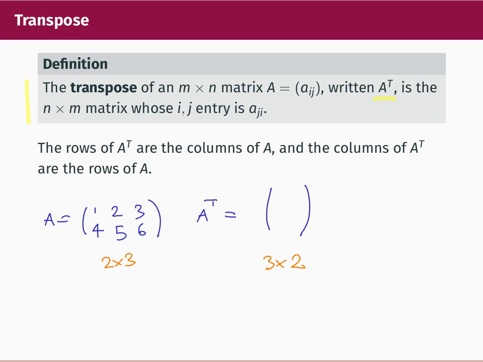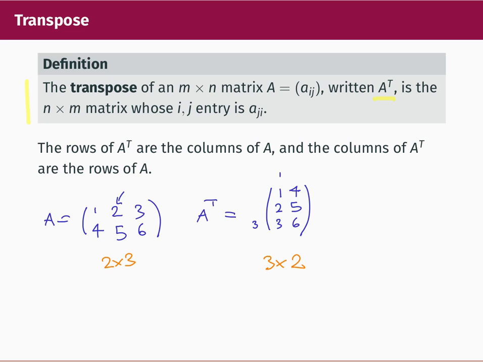Now the 1, 1 entry of A transpose is the 1, 1 entry of A, which is 1. The 1, 2 entry of A transpose is the 2, 1 entry of A, so that is 4. The 2, 1 entry of A transpose will be the 1, 2 entry of A, which is 2. The 2, 2 entry of A transpose is the 2, 2 entry of A, which is 5. The 3, 1 entry of A transpose will be the 1, 3 entry of A, which is 3. And finally, the 3, 2 entry of A transpose will be the 2, 3 entry of A,